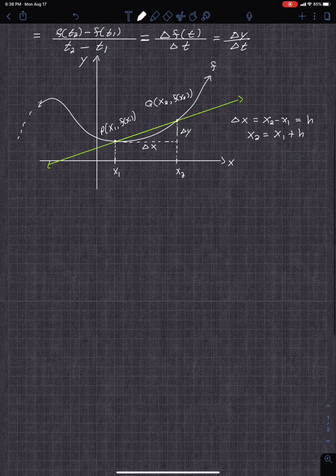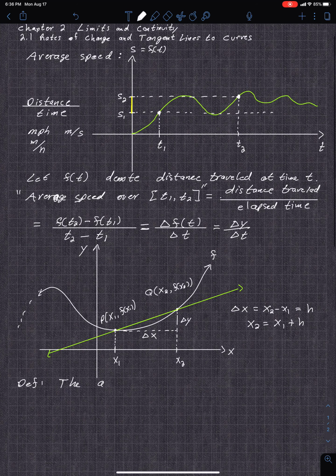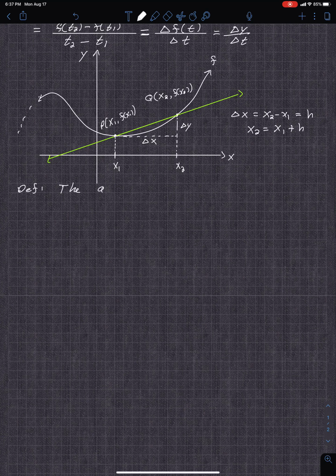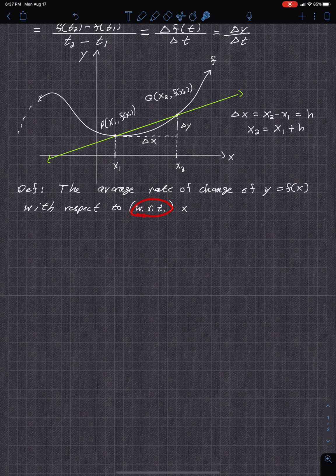Okay, so this is the actual definition of the average rate of change. What I was referring to back here was just speed, so you can visualize something tangible, like you're actually traveling. That's your average speed, but it does not have to be about distance. It could be a change in anything. So the average rate of change of a function y equal to f of x, and I'll write this out this time, with respect to, and we'll abbreviate that WRT x, so I'll use this in the future when I say with respect to,